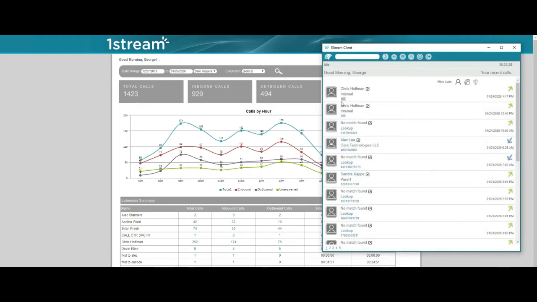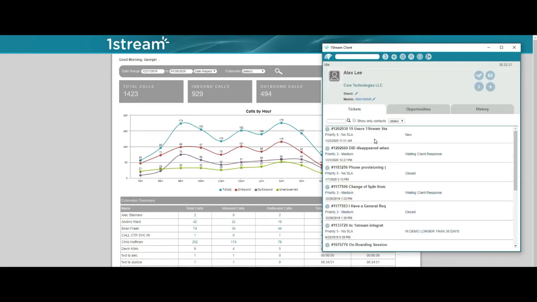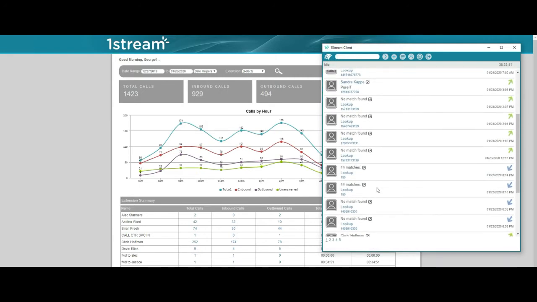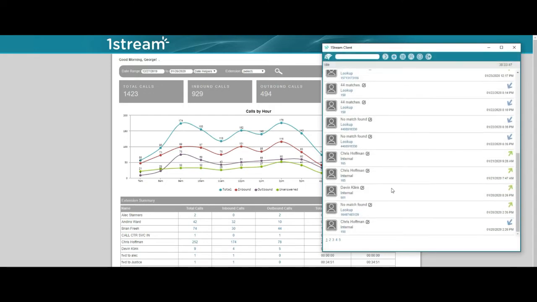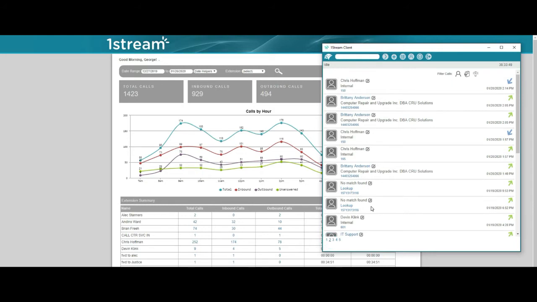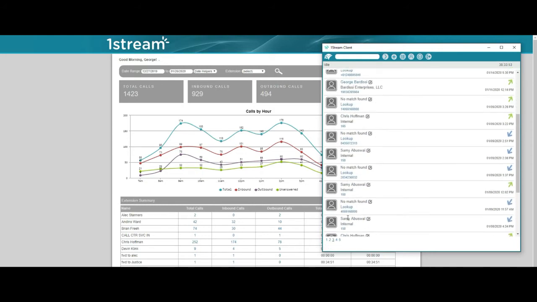Now, of course, if a call automatically matches one-to-one, meaning call comes in, we already know who it is, we're going to screen pop that company's record, right? Or that contact's record. Now, there is also the option where there's a multi-match, right? What happens if a call comes in from a main number where there's multiple matches? We give you the option to ultimately select the correct contact.